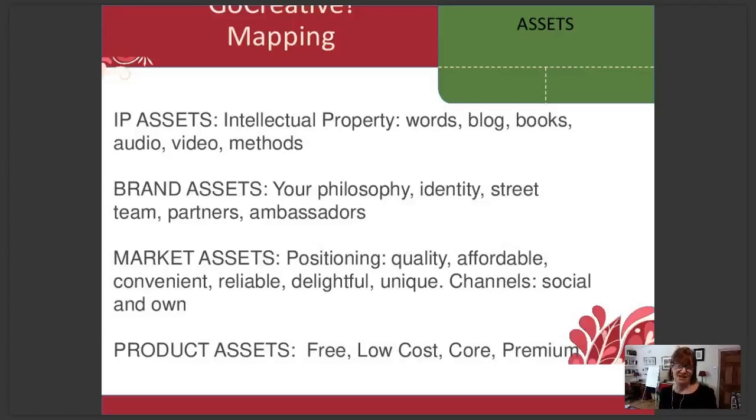We can actually take control of our own intellectual property. So your intellectual property is words, first of all. Every business is now in the publishing business. In order to explain who you are digitally to people, you are going to be writing stuff. You're going to have a website, you're going to be writing social media updates, and you're going to be reaching out to people with written pitches. So the written word is absolutely core to your intellectual property.